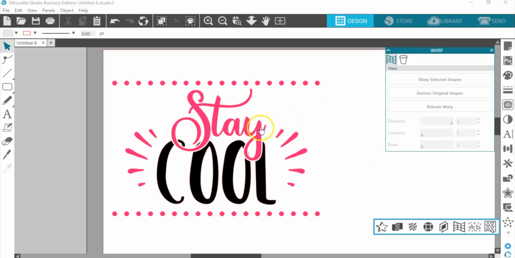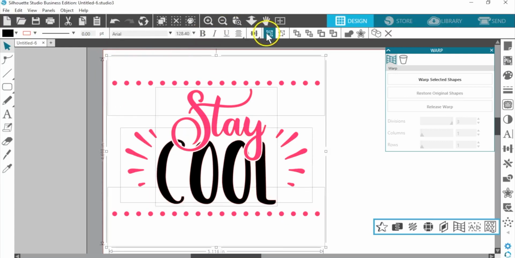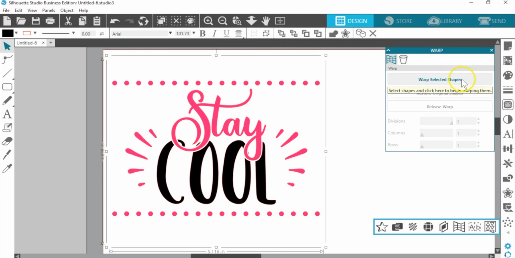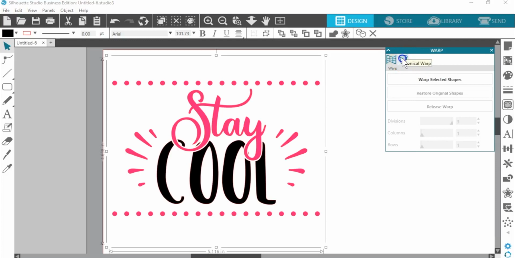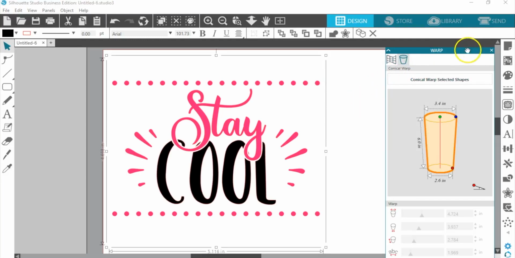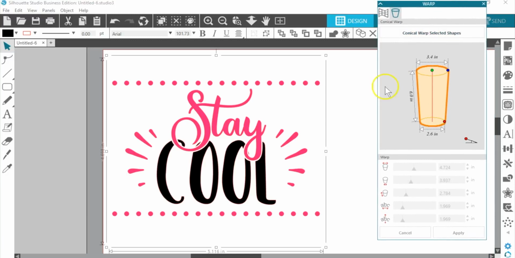And I want to warp this design so it can be applied to a conical surface. I'm going to group all of that. And now I can choose the second tab for Conical Warp. I'll move that panel up so I can see everything.